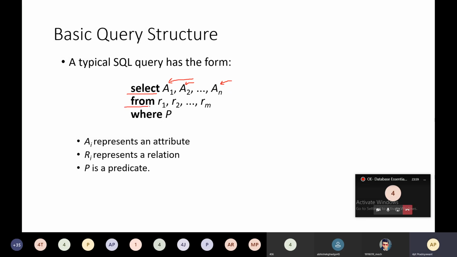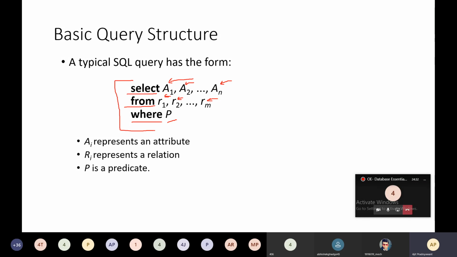Then from R1, that is relation 1, R2, relation 2, to Rm. And then where. P is nothing but the predicate, that is the condition. Based on that, it will retrieve the tuples from your table. So this is the simple basic query structure of SQL.